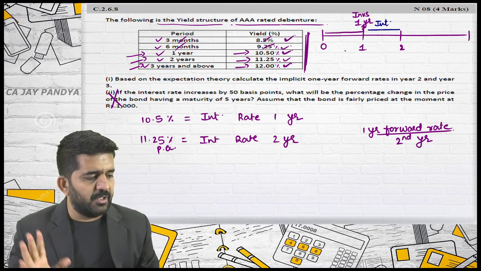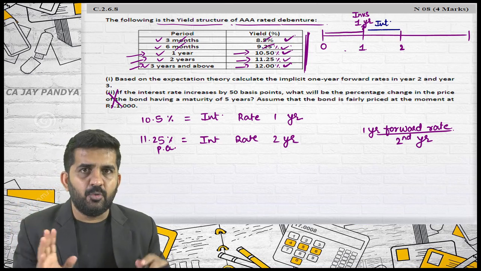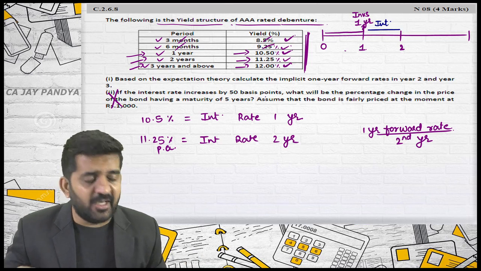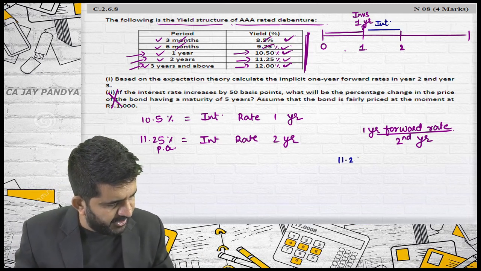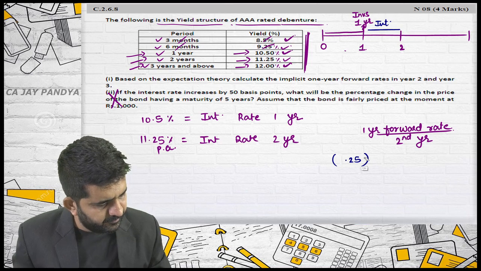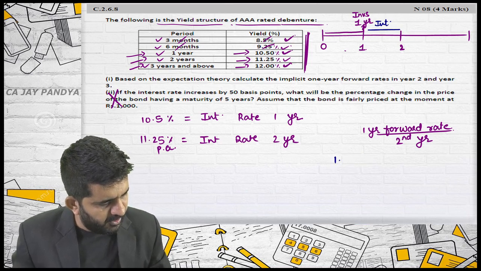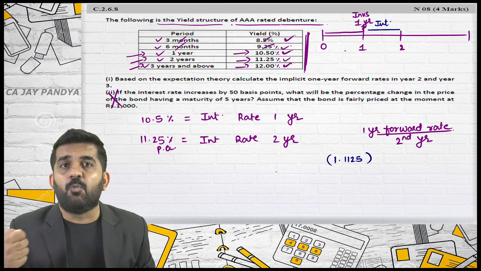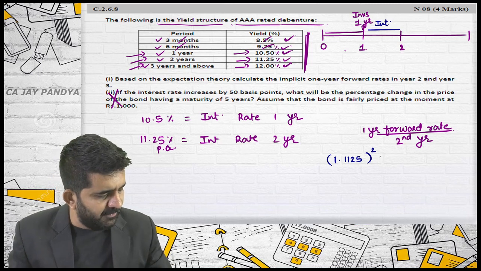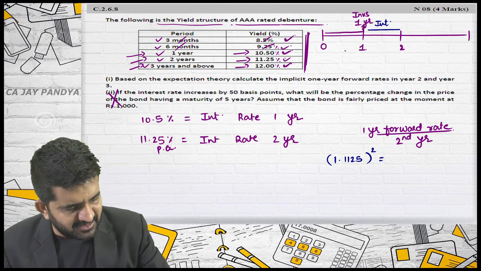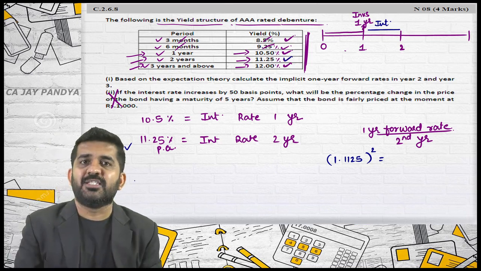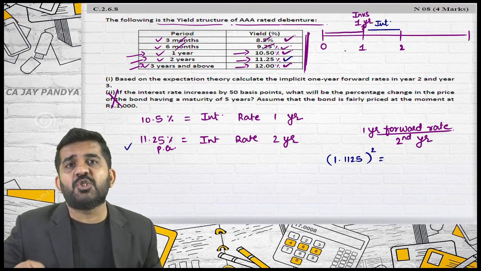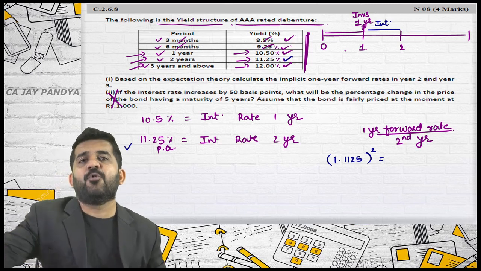Is it alright? Please try to understand. Here I am finding it out. I'll help you in the next lecture on how to find it out, but here I am doing it. What is the rate for 2 years? 11.25%. So 1.1125, I have done 1 plus I. If I invest 1 rupee for 2 years, I will be getting this money. Yes. Is this the rate applicable if I invest for 2 years? Yes. The amount should be the same if I invest 1 rupee for 1 year and then for 1 year.